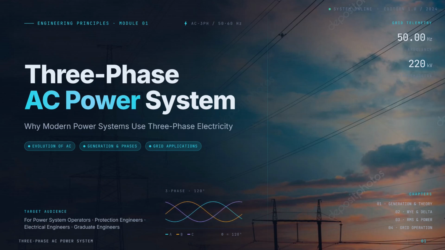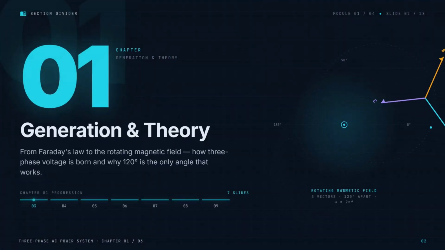Electricity is one of the most important forms of energy used in modern society, powering everything from homes and hospitals to industries, transportation systems, and data centers. Behind every light switch and electrical appliance is a complex power system designed to generate, transmit, and distribute electricity safely